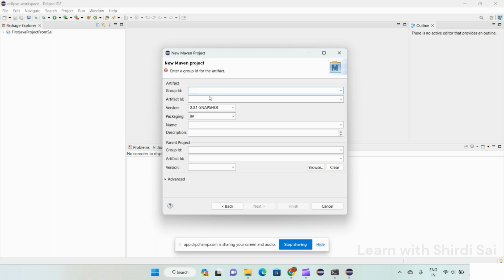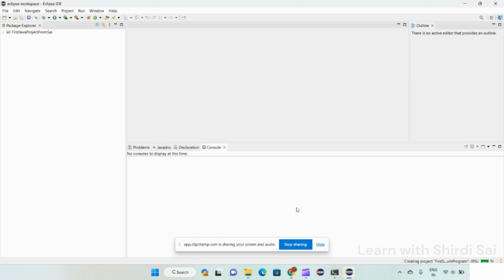So here you can give Selenium program. Okay, here also I'm giving first Selenium program. Okay, so after that click finish. So on clicking finish,